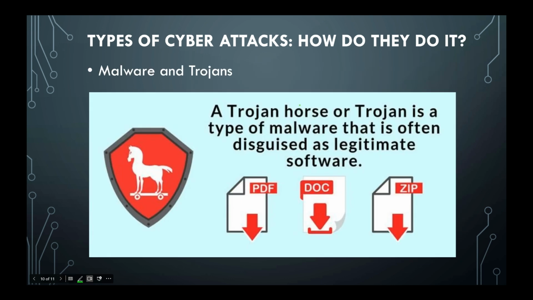Next one, malware and Trojans, the digital parasites, and how do they do it? So finally, malware and Trojans. These are malicious programs disguised as something legit. Click the wrong attachment, install the wrong free app, and boom, your system is infected. They steal data, open backdoors, or just wreak havoc.